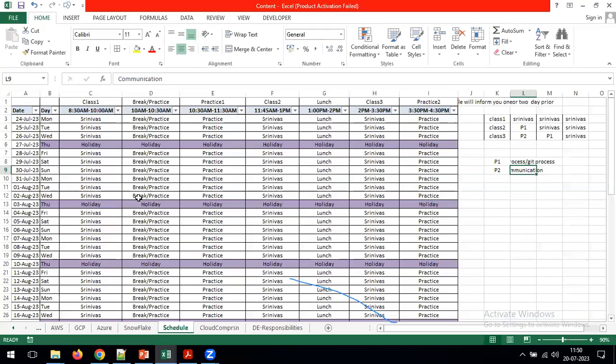So we are going to have 8 hours of class. Out of 8 hours, 4 hours we are going to discuss the topics, and the remaining 4 hours we are going to perform the practice. And daily either I will take 1 class or 2 classes or 3 classes depending on my schedule and my meetings in the office. And whenever I'm not there, some other people will take the classes. Those are for basic topics like Agile process, Git process, communication skills. Such kind of topics will be covered by my team.